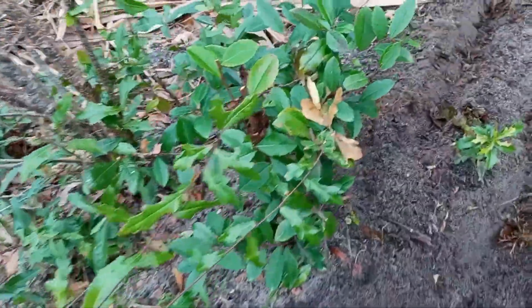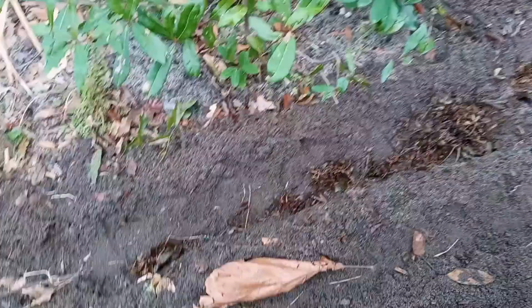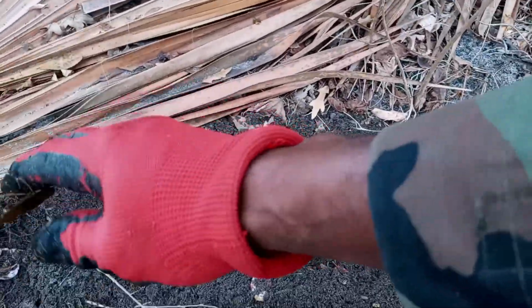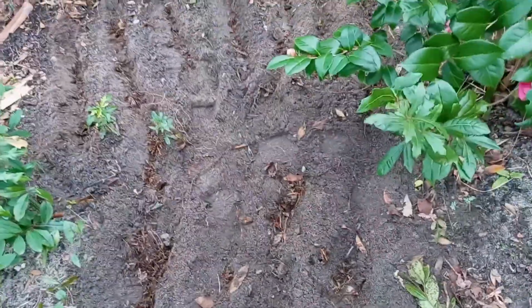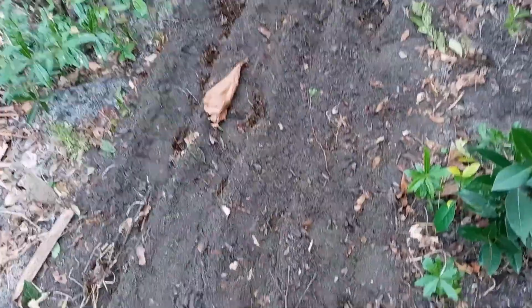I've somewhat processed the area for the seeds to be sown in by raking the roots out of the soil and creating furrows in the soil. And so this is where this is going to be sowed. I have other planting areas that I'll sow these seeds. And again, I'm making this video